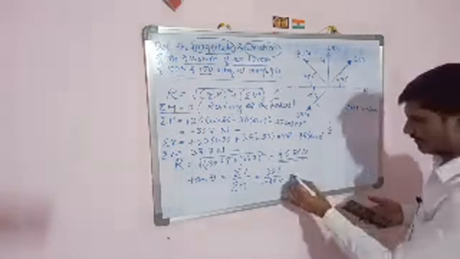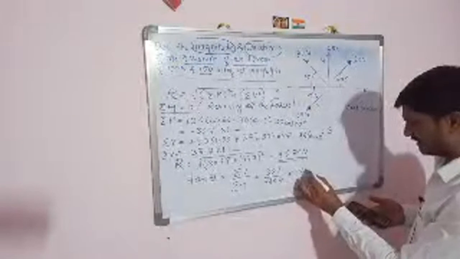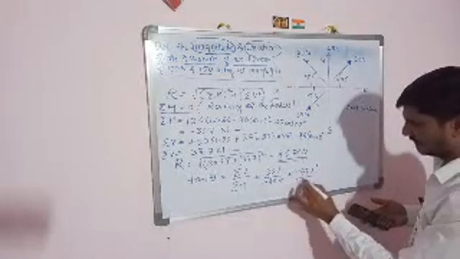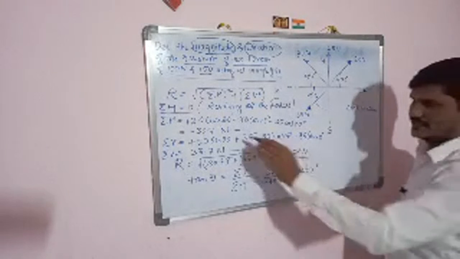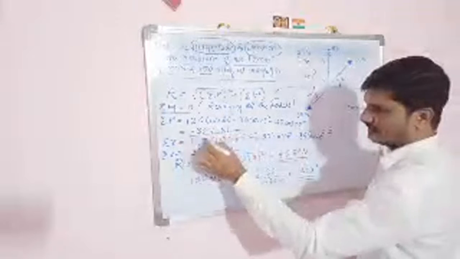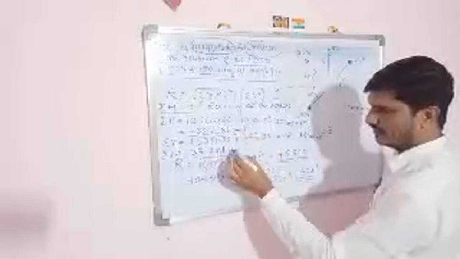So we got minus 47.7 degree. Okay, so it indicates that there is a horizontal force in negative, and the vertical